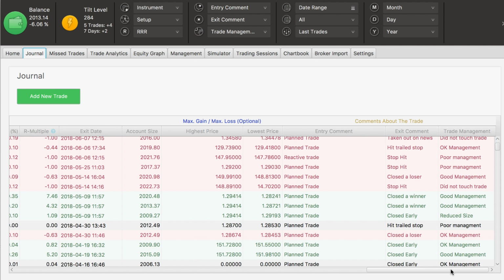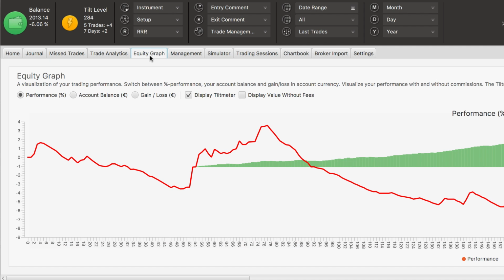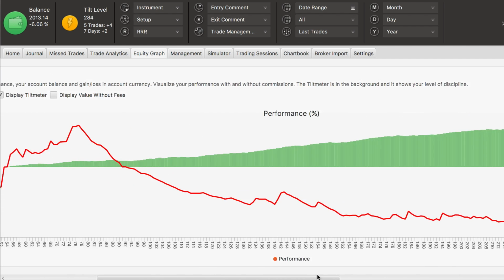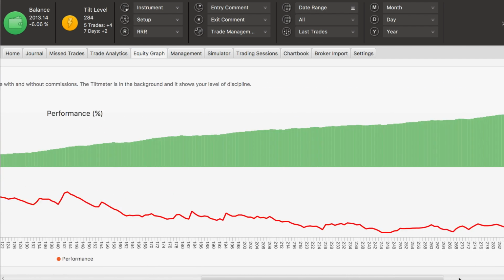If you remember, during the trader development program, I recommended that you set up your exit, entry, and trade management comments in a way that they focus very specifically and targetedly on the current struggles that you face. So what are the problems and the mistakes that you keep repeating? Go very, very specific, go very in detail, and then set them up so that you can actually get a lot of insight out of using those. And then I'm pretty sure that the tilt meter will change a lot, and the tilt meter will also be